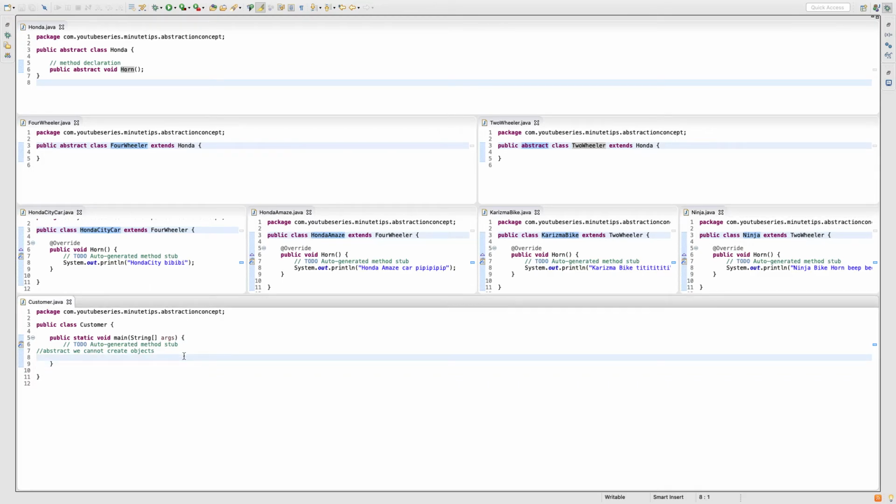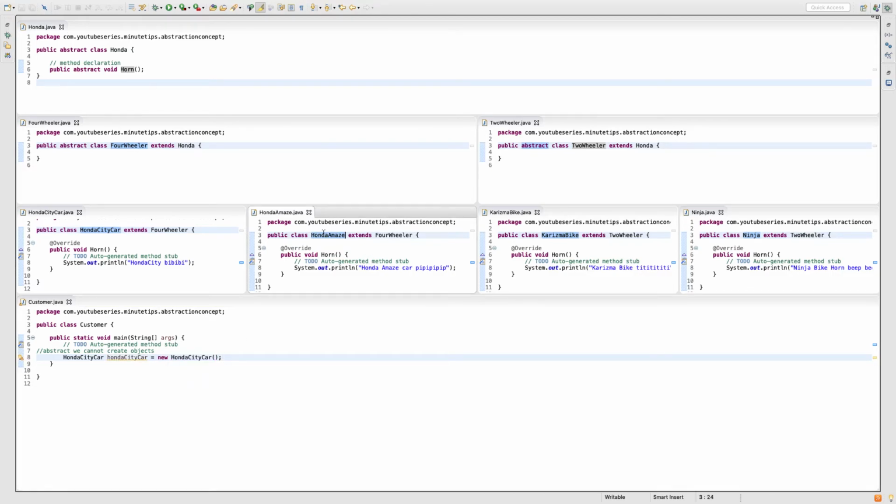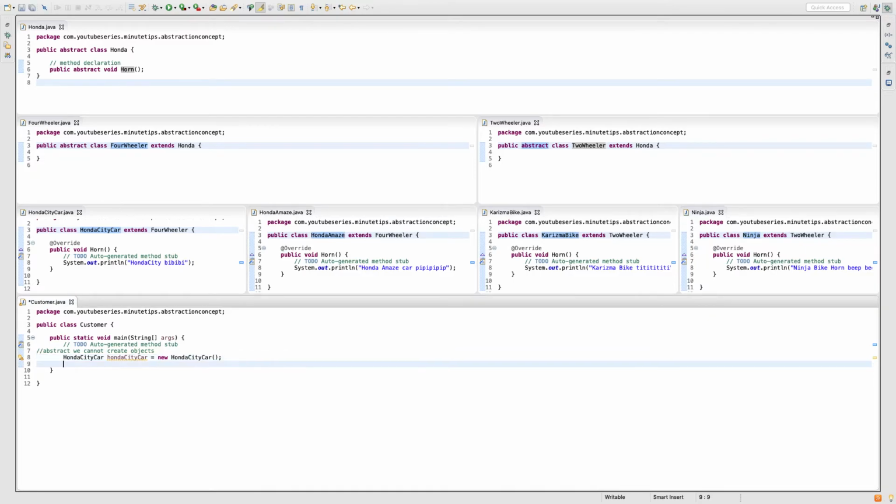Okay, so let me just quickly create objects of these child classes. Honda City, let's say Honda City is equal to new Honda City class. Number two, Honda Amaze is equal to new Honda Amaze.